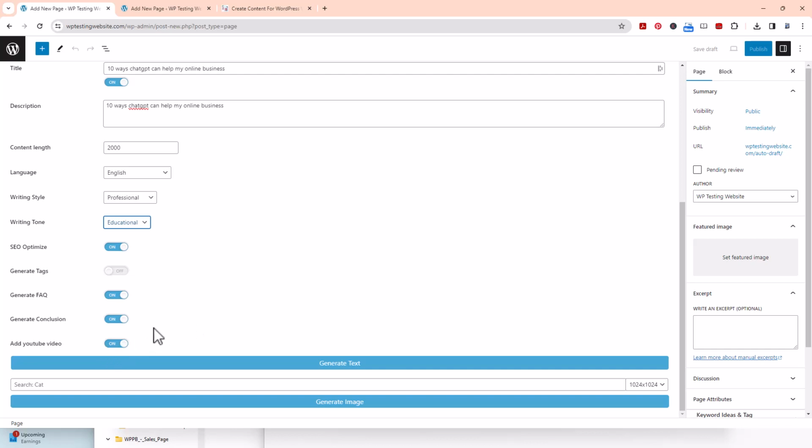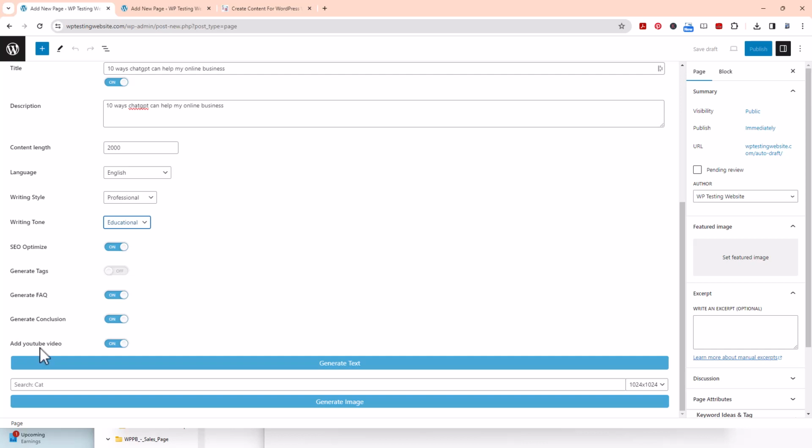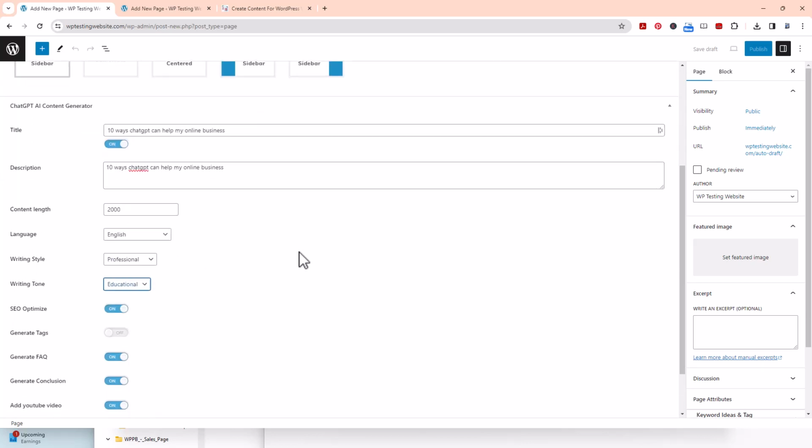So what you do is you want to keep that checked. Now, what's going to happen is it's going to take this information right here. If you check this box for add YouTube videos, it's going to take anywhere from 30 seconds to 60 seconds to pull the information here to write your article and to find the right YouTube video for your article or page, okay? So what we're going to do is we're just going to come over here, make sure we have